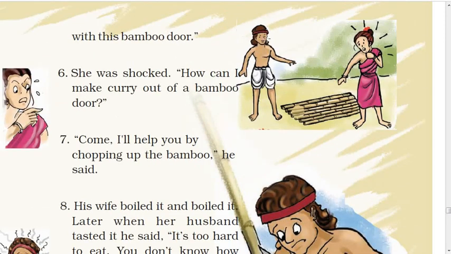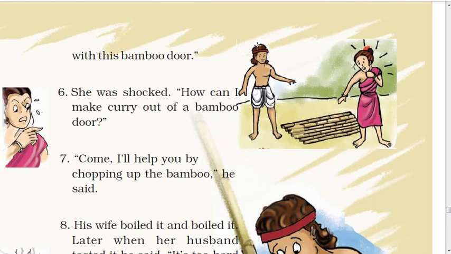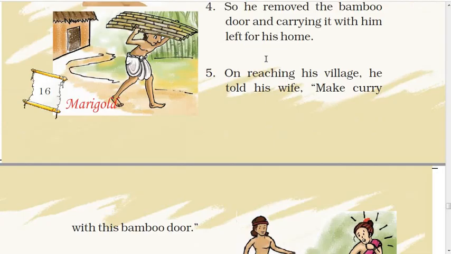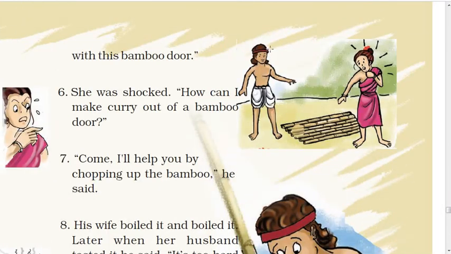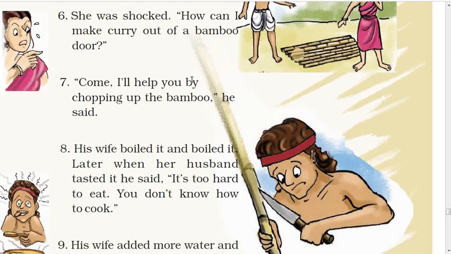And since the husband was so eager and so excited to enjoy that curry again, made by his mother-in-law, he insisted his wife make the curry out of the bamboo door somehow. So now, since the wife was shocked that she could not make bamboo curry out of that particular door, at this Santhal, the husband of this wife, said,